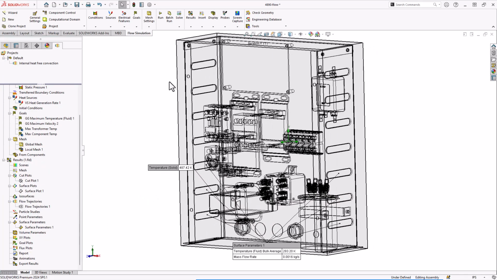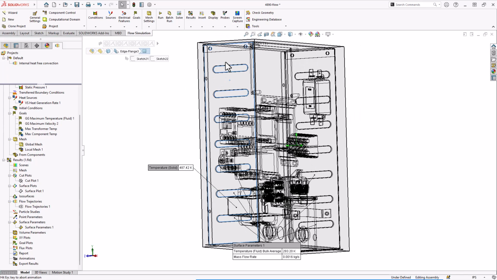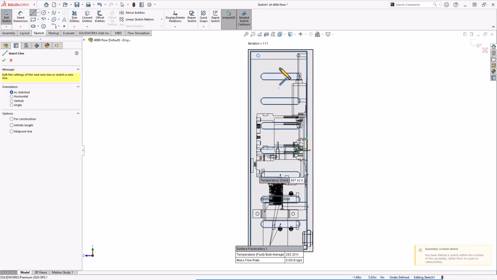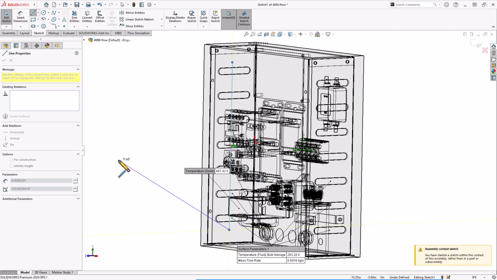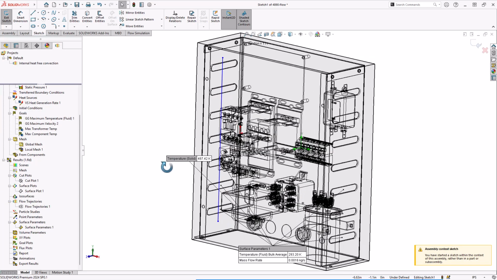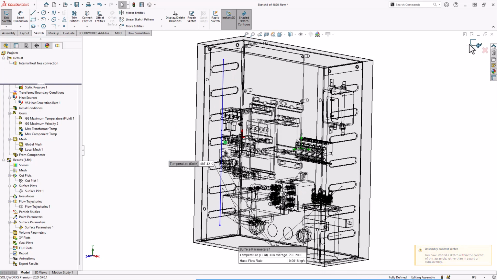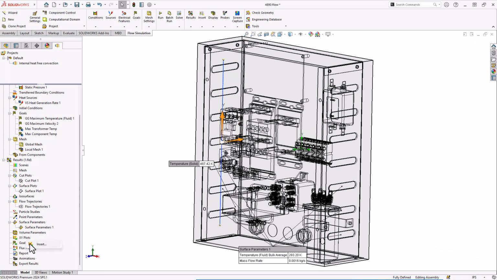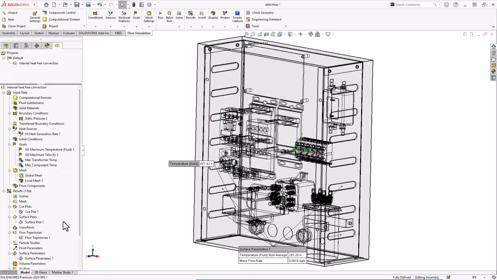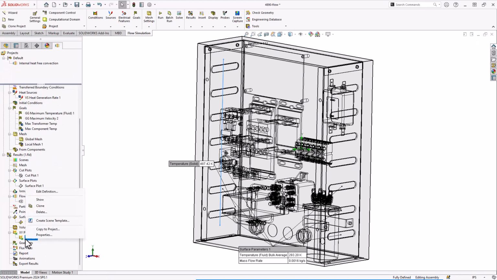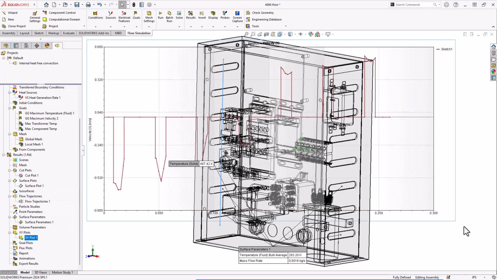One more that I'll do real quick is just an XY plot. An XY plot is useful, especially for things that you have airflow through a channel or across various openings or something like that. Just create a sketch and then use that sketch to define an XY plot. For this one, I'm going to say velocity in the X direction, because that's going to be in and out. A couple things that I'll get from this. Let's see, show that. Oh, there we go. A couple of things I'm expecting to see here